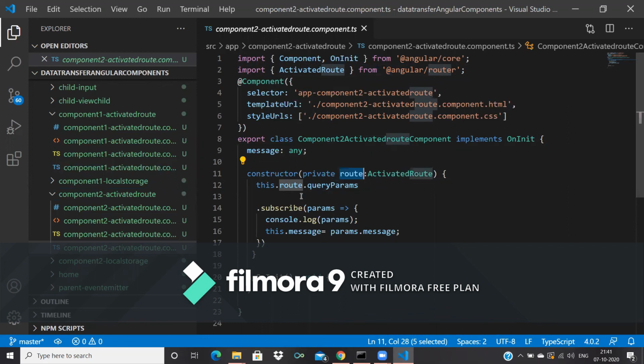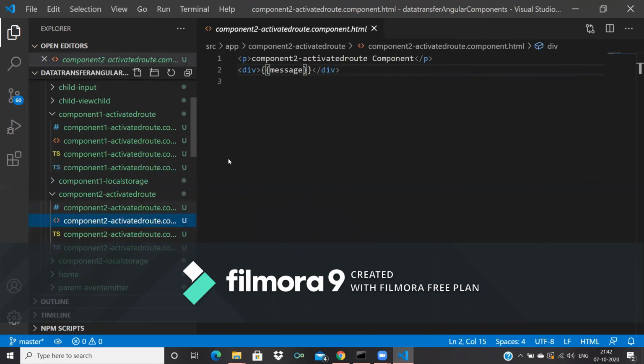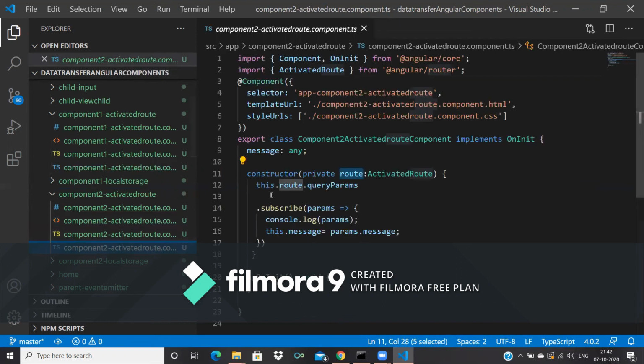That will use the subscribe method, dot subscribe params, which will be processed, and we can get params, and this.message is equal to params.message. I can bind this data in this HTML. In this way, we can get data through query parameters while doing routing.